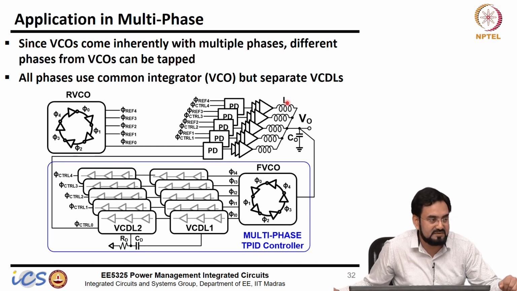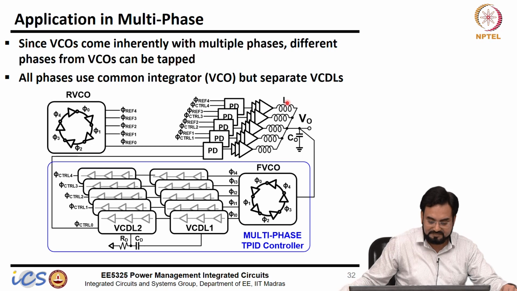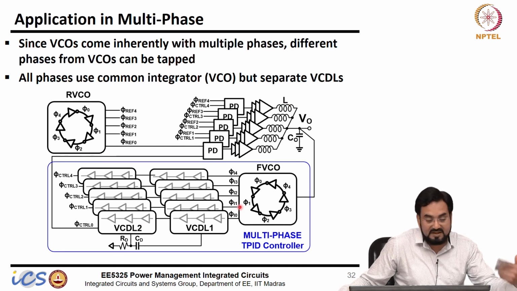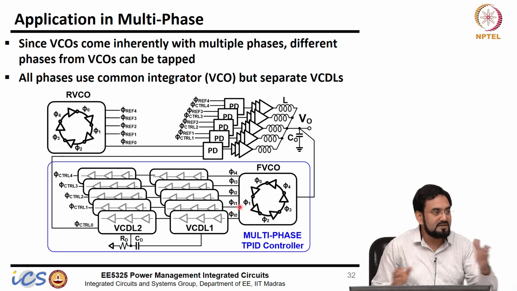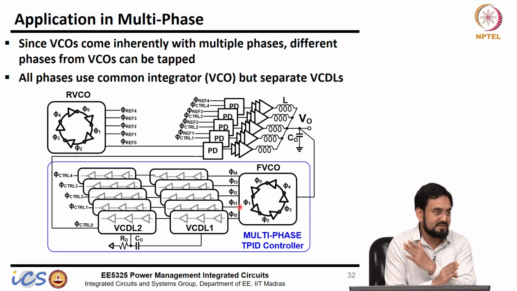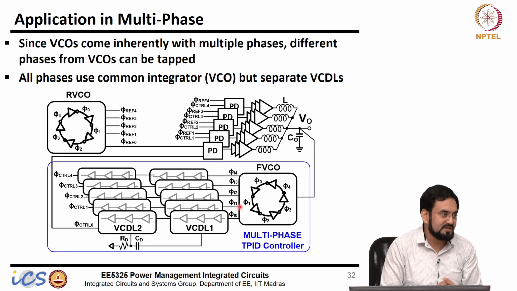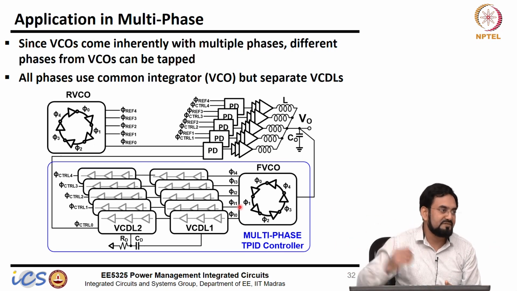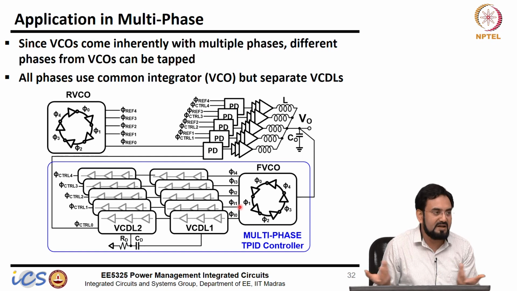Single phase, we cannot handle. It's very difficult. So that's the advantage. But let's say you have to implement the multi-phase in a standard voltage domain. These phases are equally spaced, so we need multiple ramps generated at different phases. Here we don't require that; we are getting all the phases for free actually.